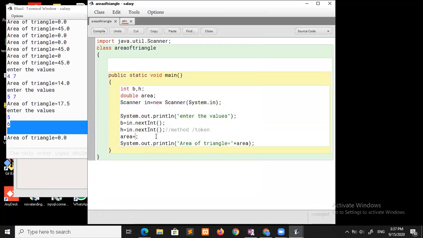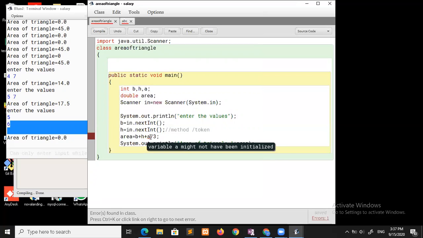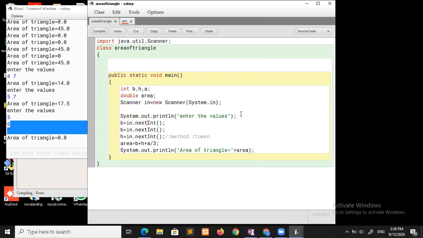I'll show you one thing like A plus B plus C, I'll take it, /3. But abhi A yahan par I'll just declare it and just compile it. Error is found. A integer. हाँ, A को भी तो initialize करना पड़ेगा ना. Copy and paste it. समझ रहा है ना मैं क्या कर रही हूँ? Yes, ma'am. या देखो अभी error नहीं है.